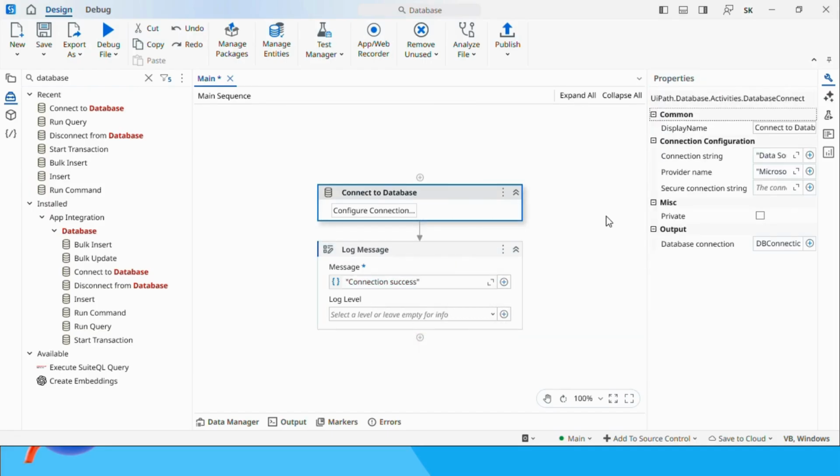Right? Now here we are mentioning the connection string directly, right? So it is better to maintain the connection string in the UiPath Orchestrator assets under the secret data type. So let me show you how we can save the connection string in the UiPath Orchestrator assets under the secret data type. So first let me copy the connection string